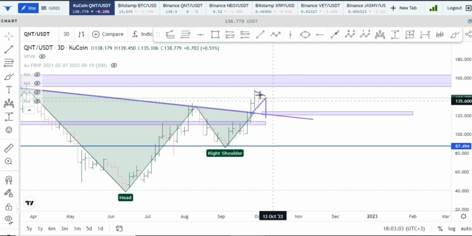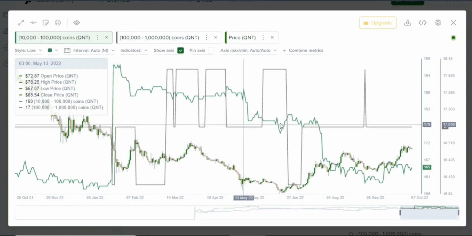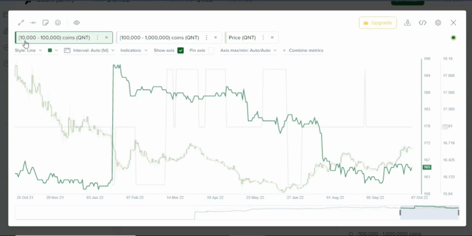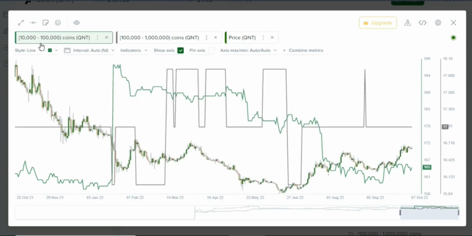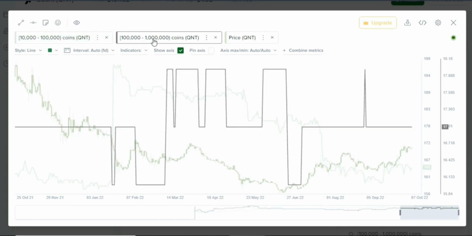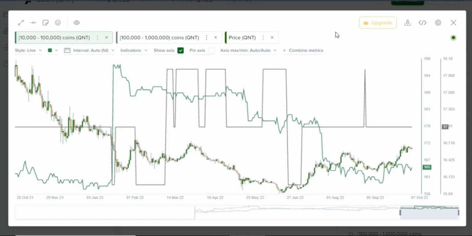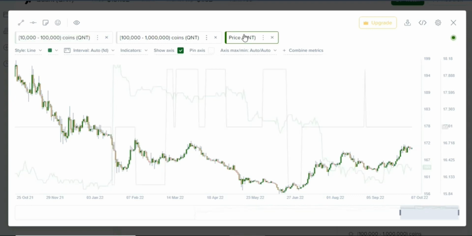I really encourage that. Now when you take a look at the on-chain metrics, we talked about this last week. We looked at the addresses which have got 10,000 Quant. We actually looked at those that have got 1,000 Quant as well, and the behavior of the retail investors as opposed to the behavior of the whales, right? So basically, what we have right here is the price. You can see that the price is coming down, going up, and whatever it's doing there, and these are